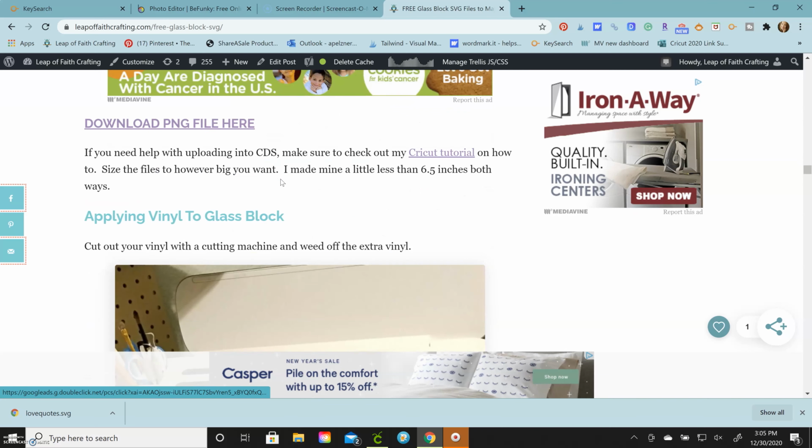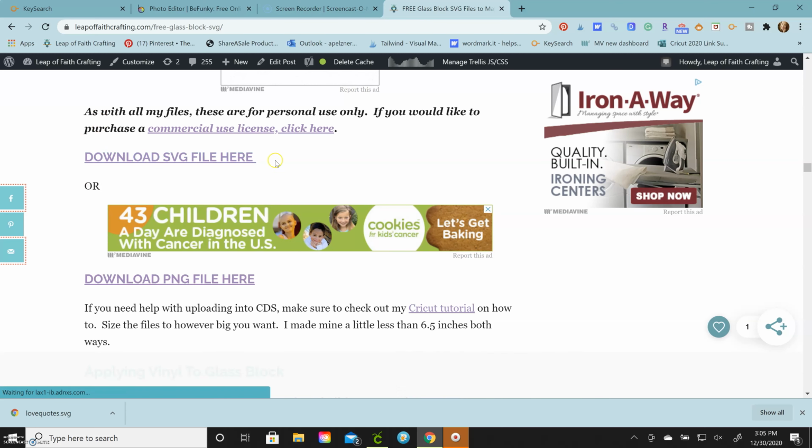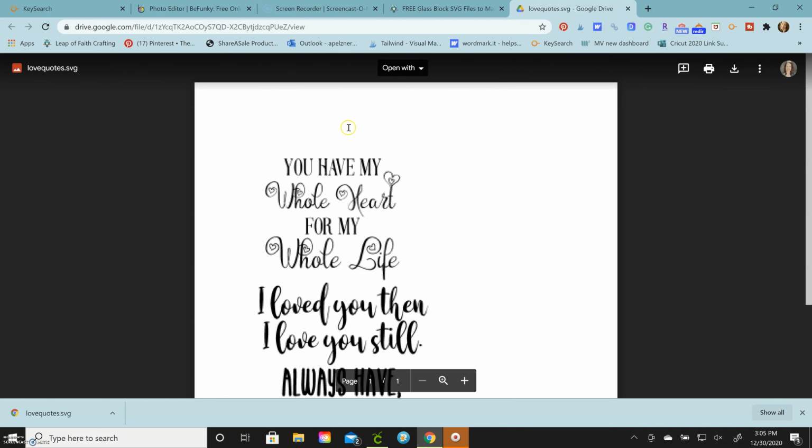So mine is, you'll come down here and I'll always have a download SVG file link, or sometimes it's a button that says download file. What you need to do is just click on the link, and mine are saved in a Google Drive, so they will come up with Google. Sometimes if you're not signed into Google, it might make you sign in to get it,